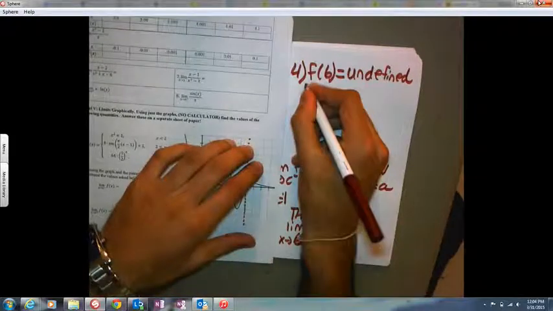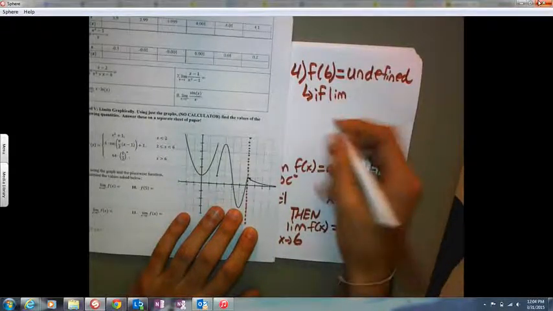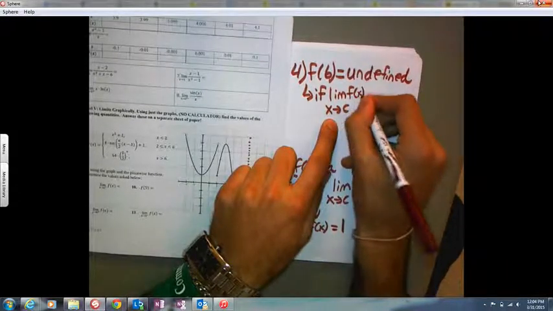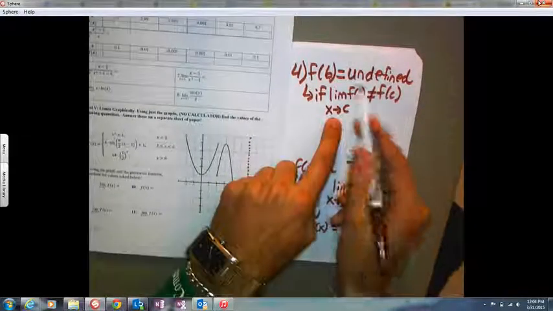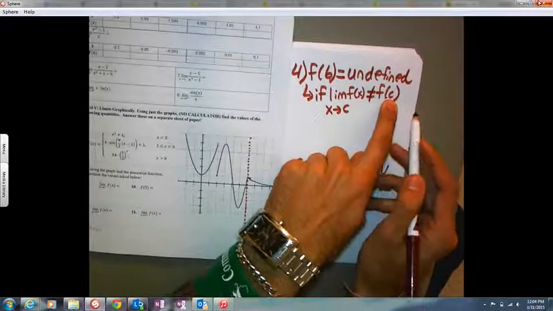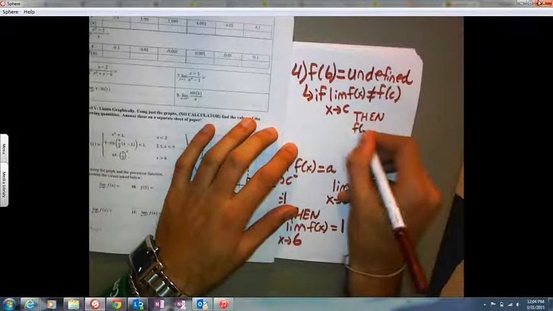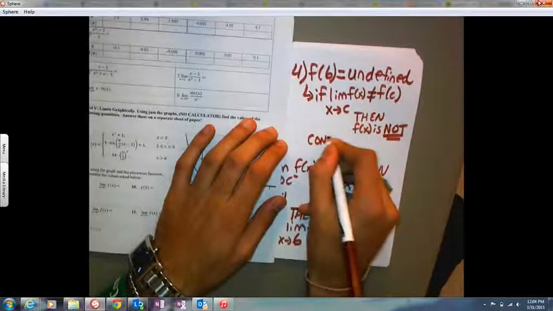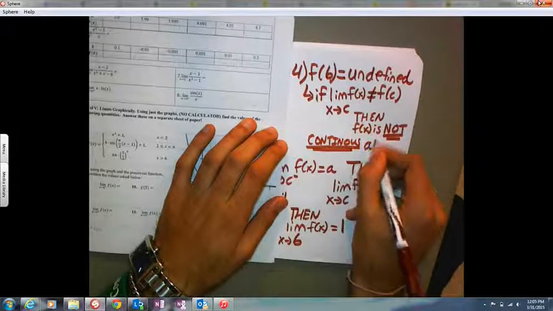If the limit, the double-sided limit, does not equal f of c, in other words, if the limit doesn't equal what happens when I actually touch the point, then f of x is not continuous at x equals c. If the limit does not equal the value of the function, then the function is not